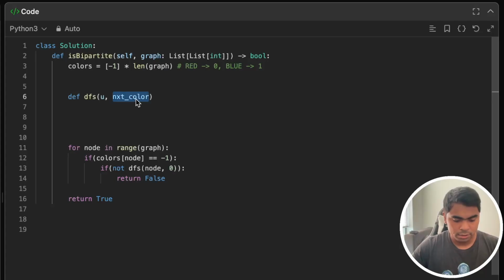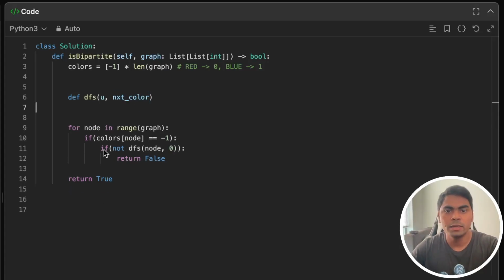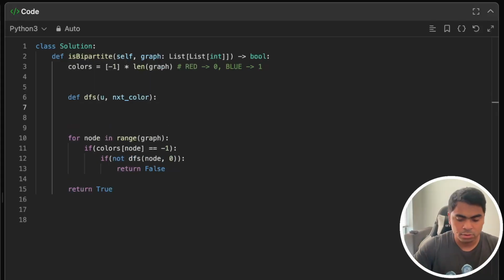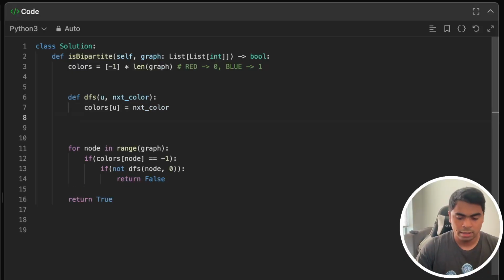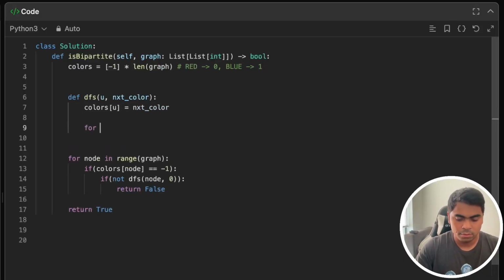This next color, since I'm already calling this on an unvisited vertex, I can just assign the color directly here. So in my colors, U can be changed to next color. Let's visit all its neighbors. So for V in graph U,